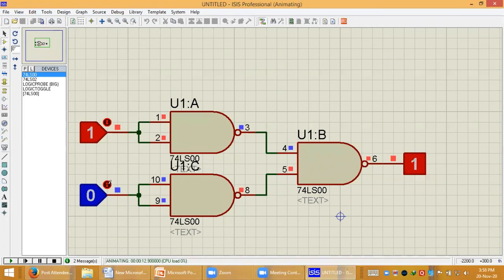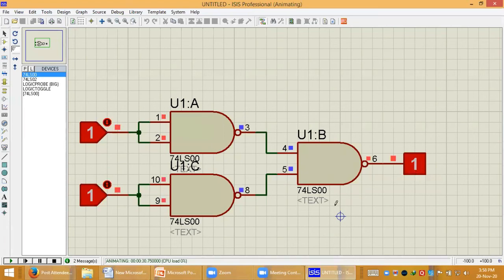And for the 1, 1 combination, the output is also 1. So this is the OR gate implementation. For 0, 0, the output will be 0. If any input is 1, then output will be 1. If both inputs are 1, output will be 1.